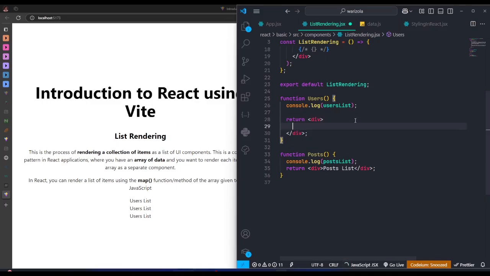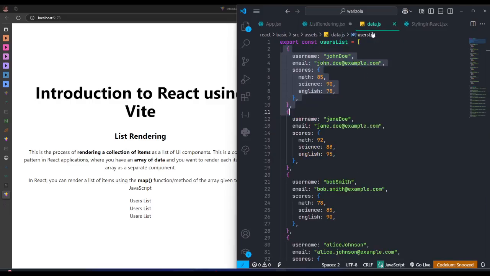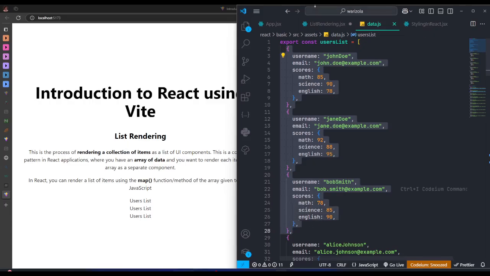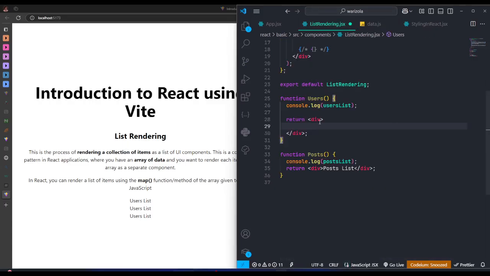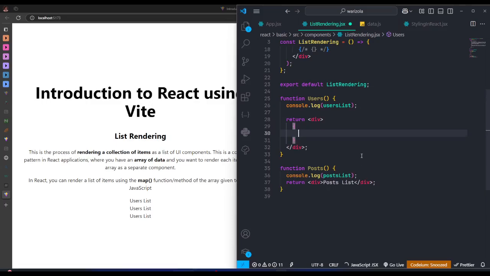You have to convert it to array. Even if it's not array, you have to make sure that the data is array. And as you can see from here, it's array because this is the array symbol here, and inside it we have all this data. So all this data now, we want to transform it to what the user can see on the screen. And inside this my div, since I want to use JavaScript code, you know that you need to open your curly brace